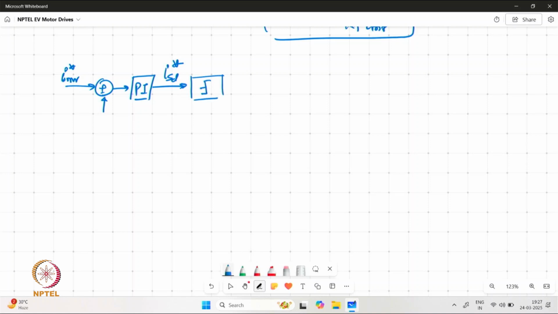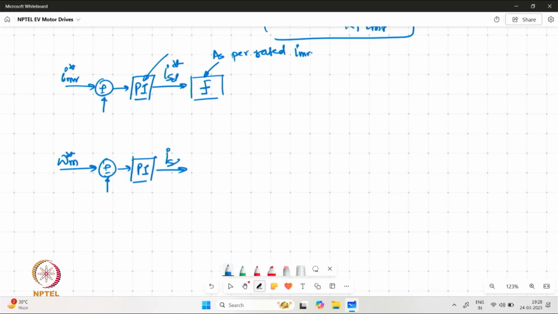So we can have saturation, which is basically also cutting off the integration process, and this value of saturation could be as per the rated IMR. Similarly, once we have the speed control loop running,